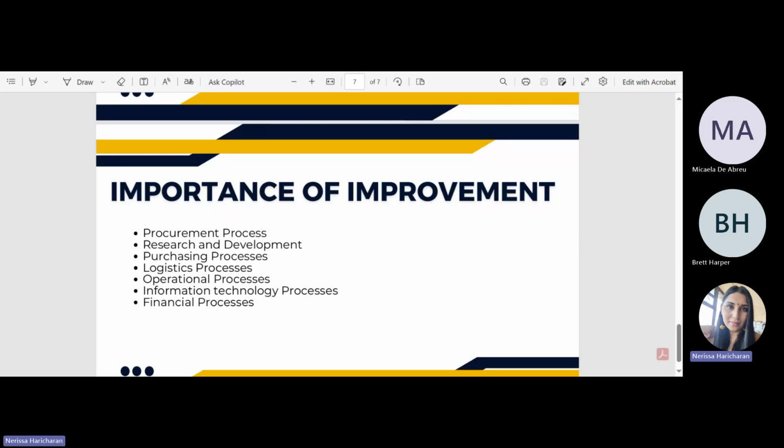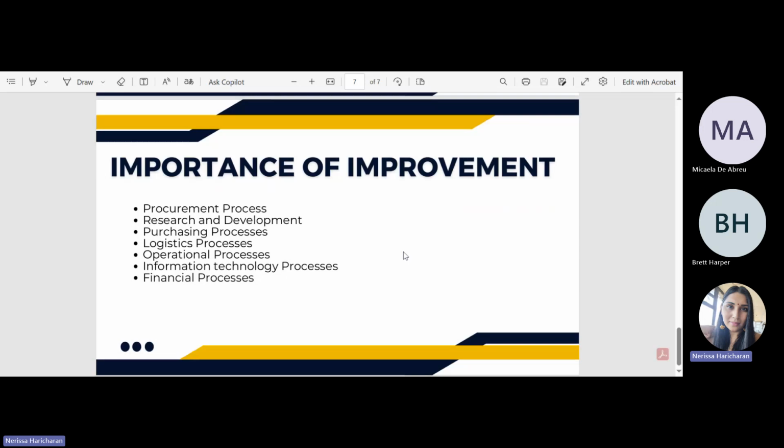Okay, I think that brings us to the end of supplier relationship management. Next week, we will be doing customer relationship management, and then we'll look at the different benefits, the different types of relationships as well, and we'll take it from there. But for today, are there any questions?